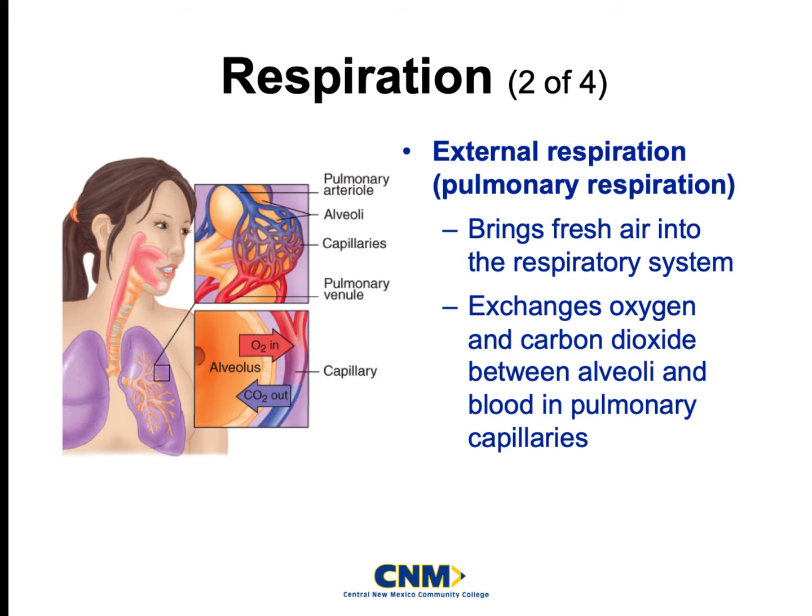External respiration, also known as pulmonary respiration. We've already talked about internal, which is that ability to get the air in and out of our lungs in order to get the gas exchange at the alveoli level. This is where we're actually bringing that fresh air into our respiratory system. Once we get the air into our respiratory system, the gases mingle, and then we blow out the nastiness in order to help with the actual perfusion of gases in our pulmonary capillaries, in order to be able to use them for